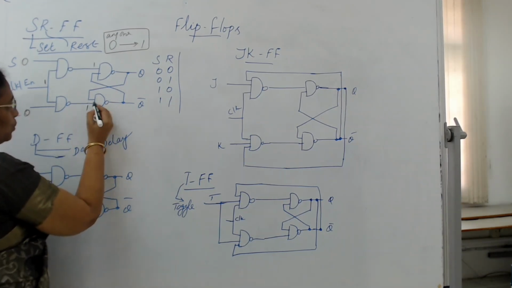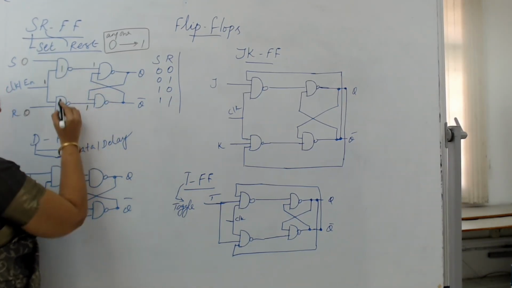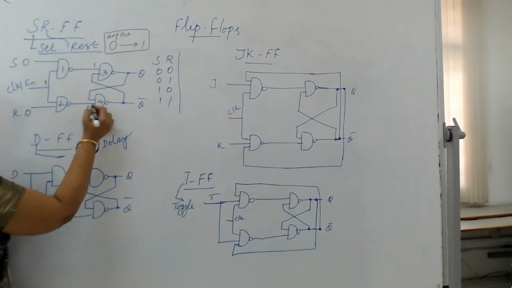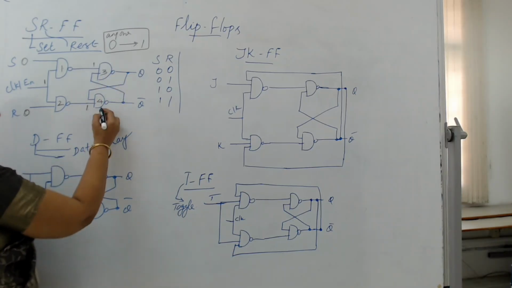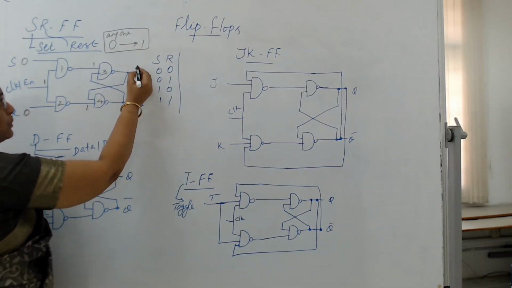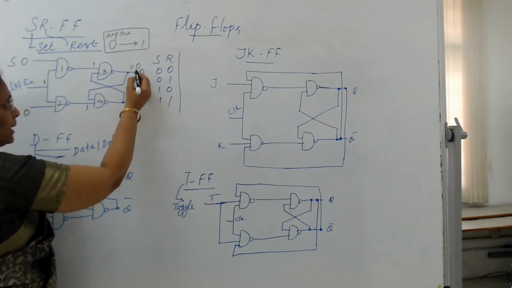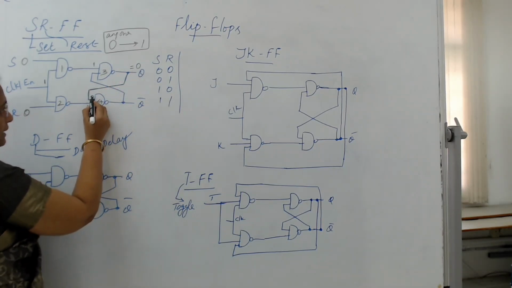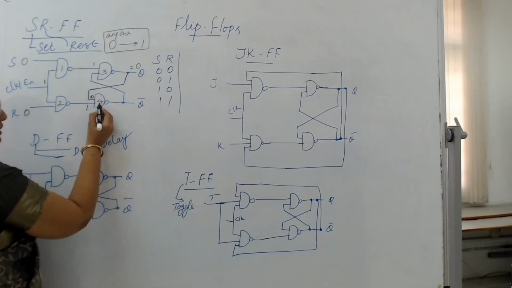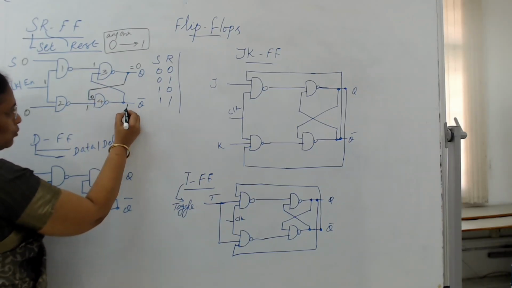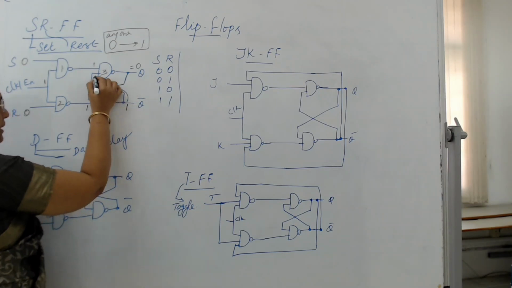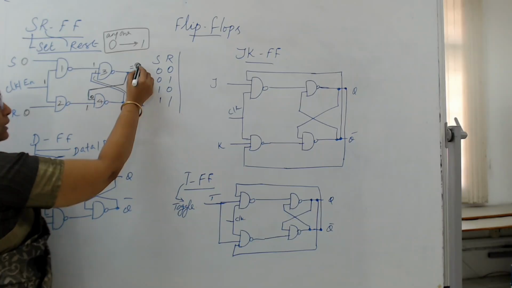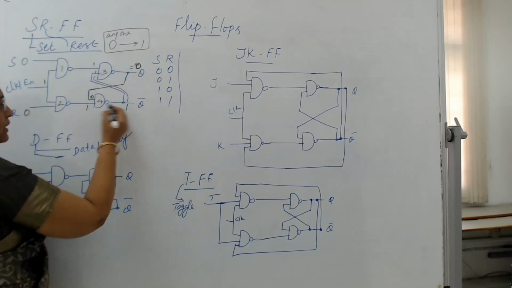Now, assuming that the NAND gates are 1, 2, 3 and 4, the outputs of 1 and 2 are 1, 1, but we cannot predict the output of 3 and 4 here. It depends on the previous output. Suppose you assume the previous value is 0, so this 0 will be given here. Immediately, because of one input being 0 for NAND gate 4, the output becomes 1. Then this 1 will go here. So 1, 1, the output will become 0. So whatever the assumption of the previous value, this 0 is maintained here, this 1 is maintained here.